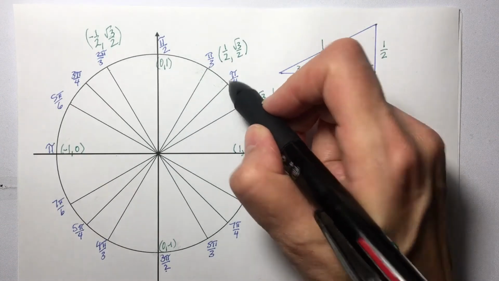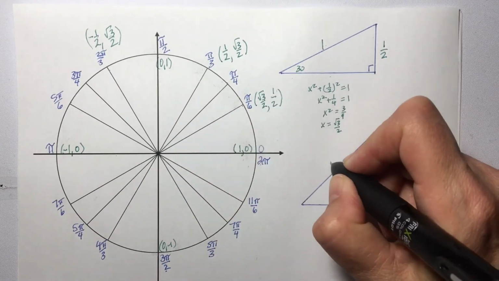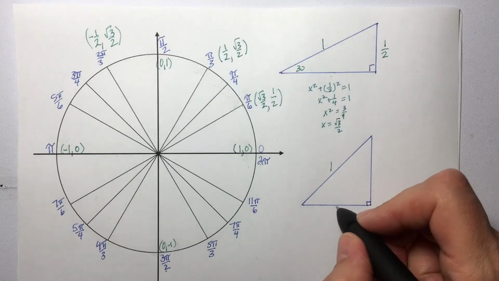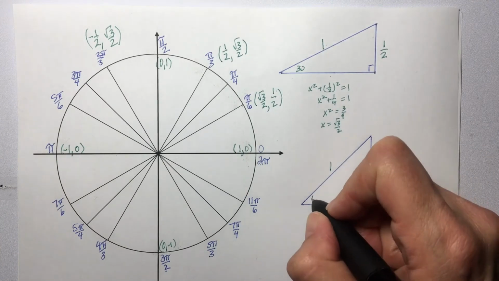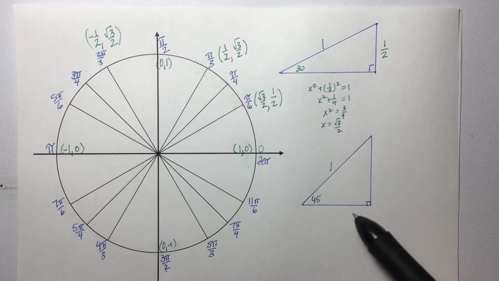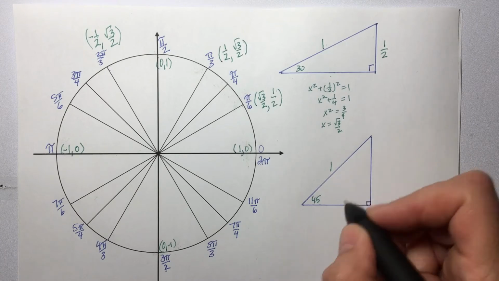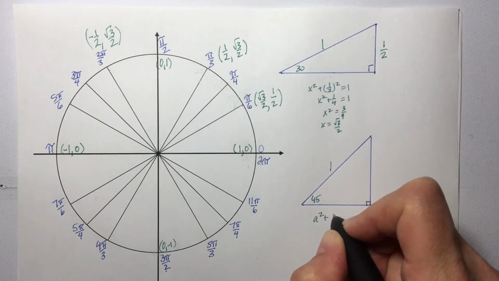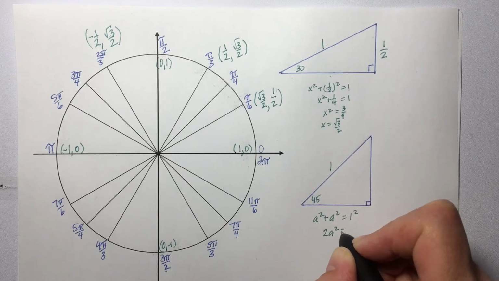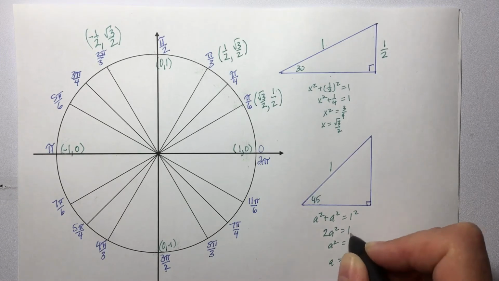Okay, our 45 degrees though, again, hypotenuse is 1 because it is the unit circle, radius is 1. Now, if you know the Pythagorean theorem from moments ago, and you know that a 45-45-90 triangle has two sides the same, these two legs are the same. I'm going to call it A. I don't want to use X or Y just because variety. So A squared plus A squared equals 1 squared. So 2A squared is 1, so A squared is 1/2, and then A is square root of 1/2, or 1